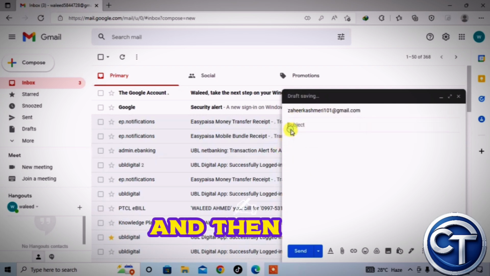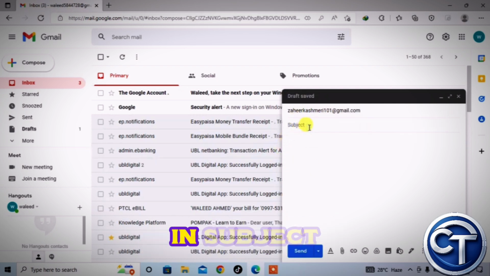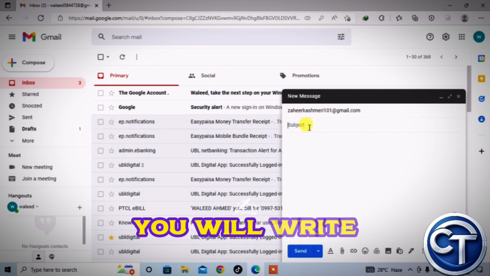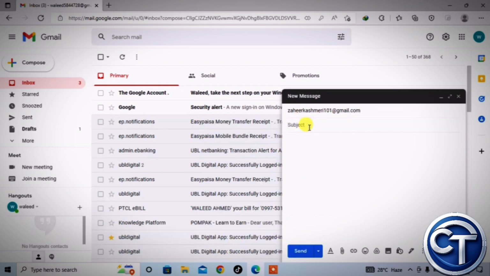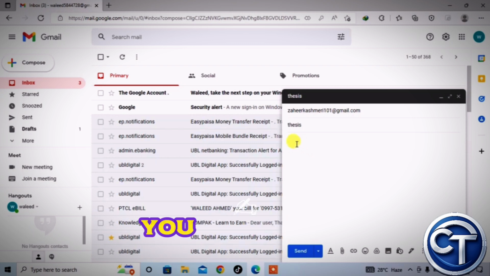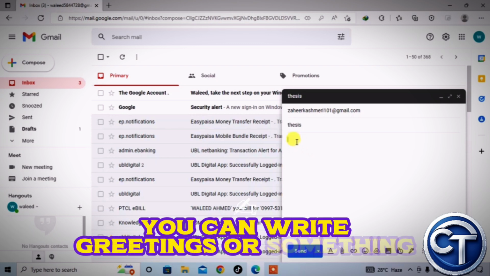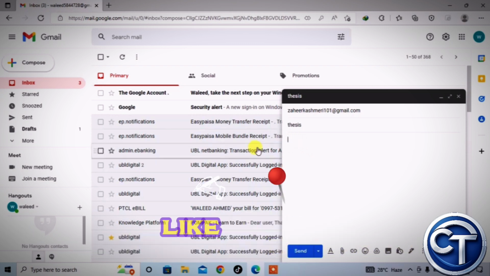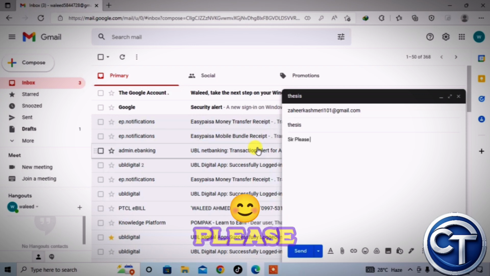and then you have to write the subject. In the subject, you will write what kind of mail you are sending. Like I am sending my thesis. Then I will write here thesis, and then here, you can write greetings or something you want. Like I write here, Sir, please find the